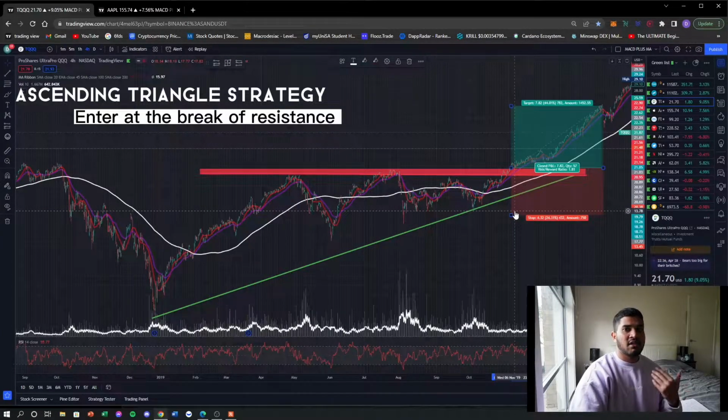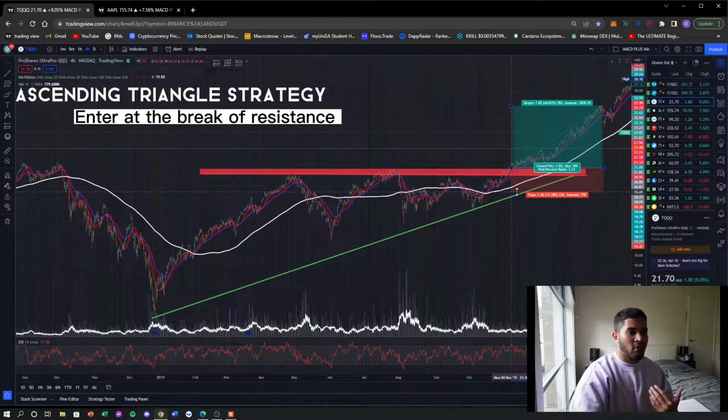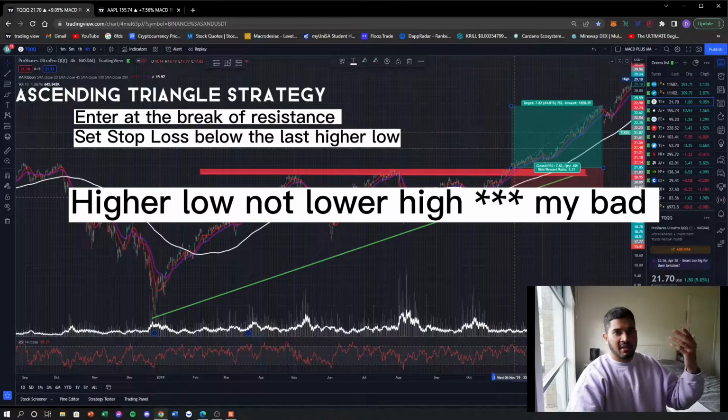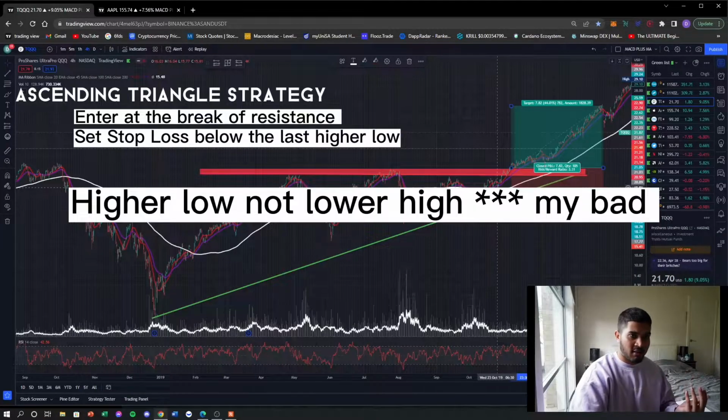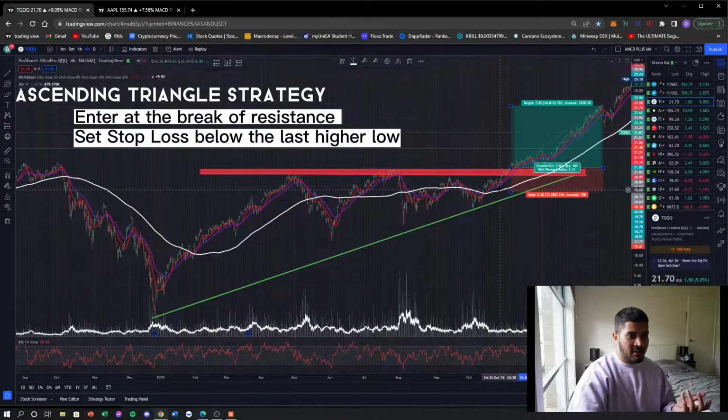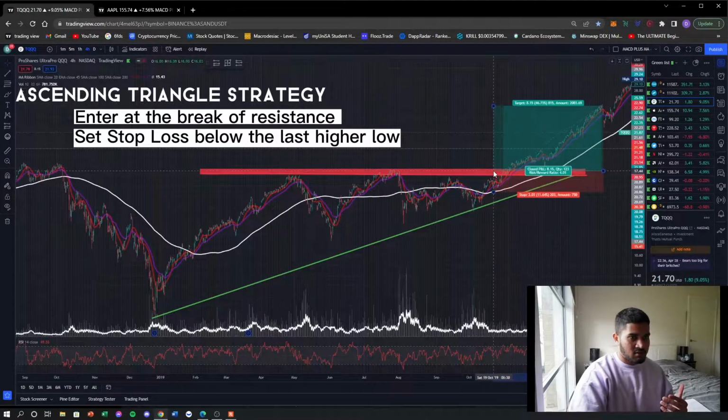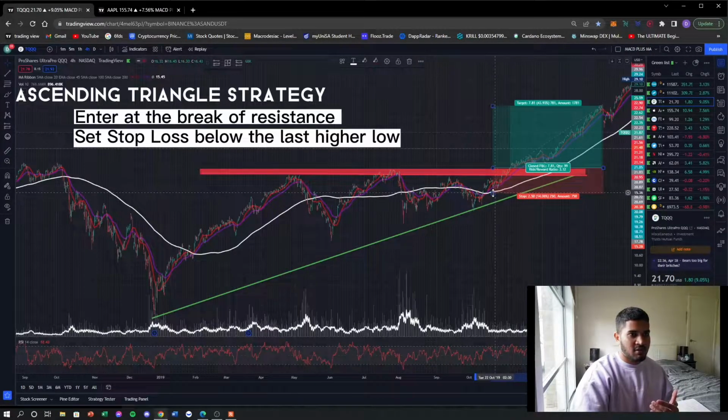Where can I set my stop loss? Ideally, I would set that stop loss below the last level of the lower high that we set. So we can see at this point at 16.06, that's where we put in the lower high. Sorry, I can put my stop loss there, so right below it. I'll put my stop loss here. This is my stop loss. My stop loss will trigger at